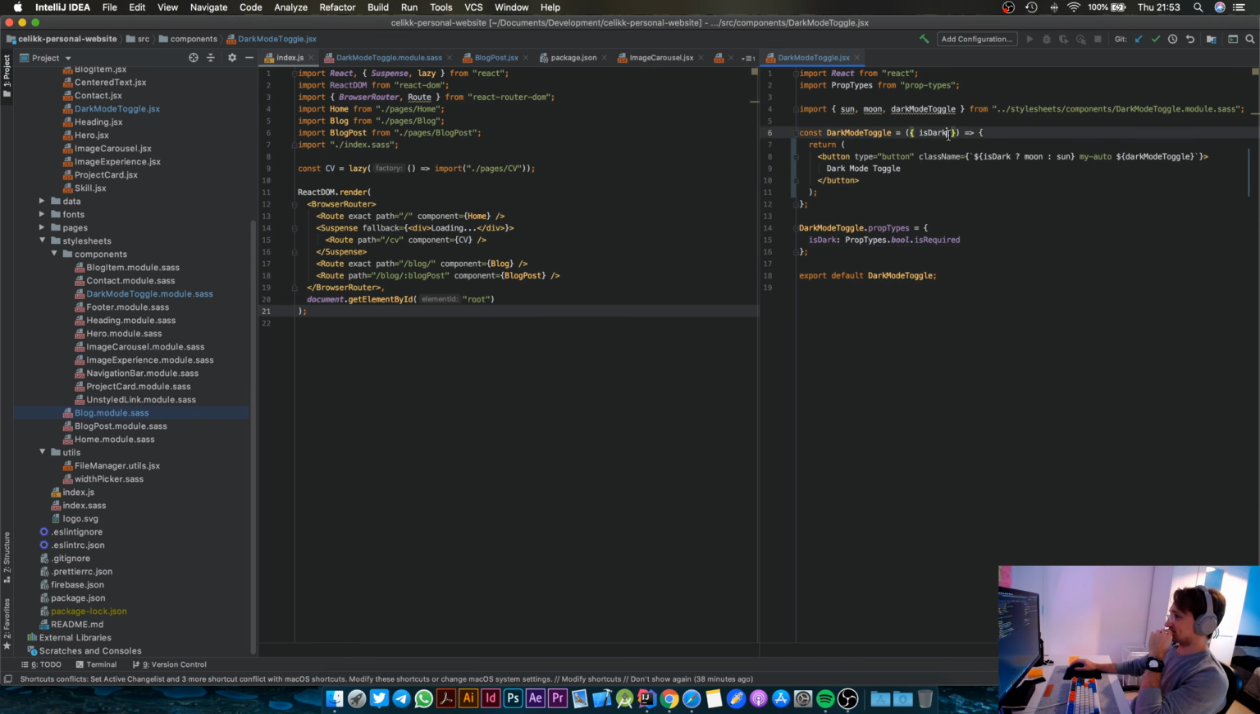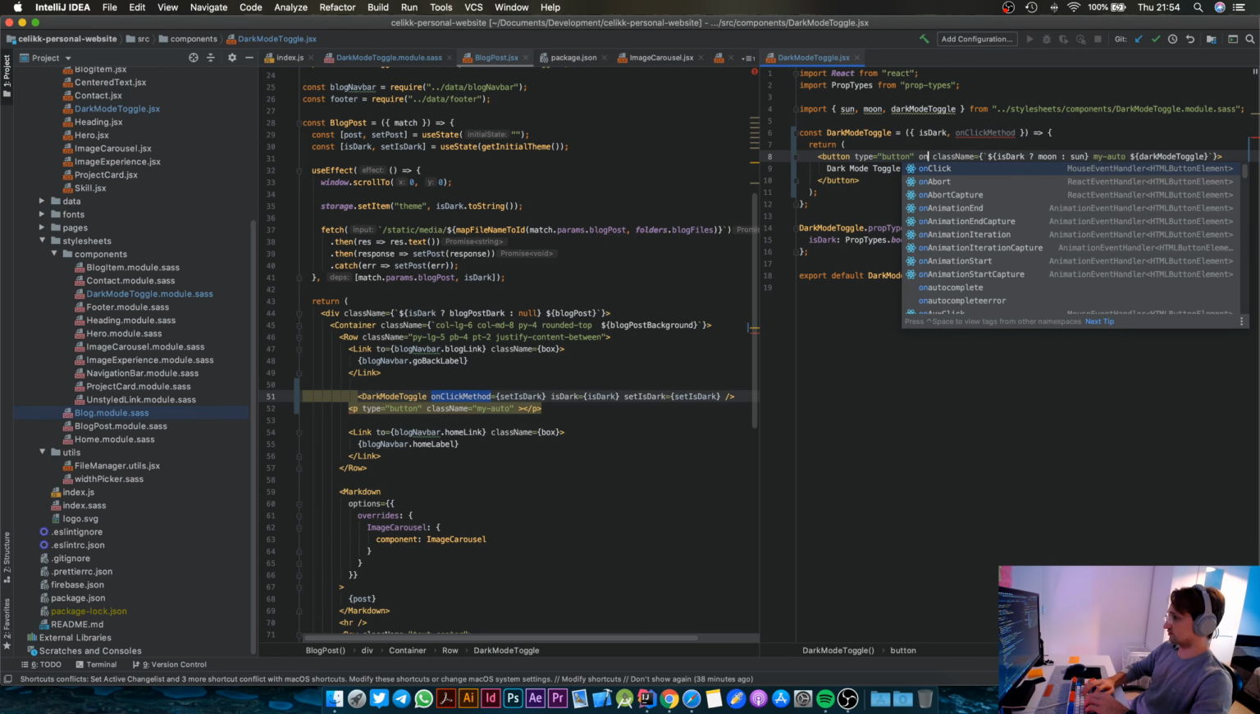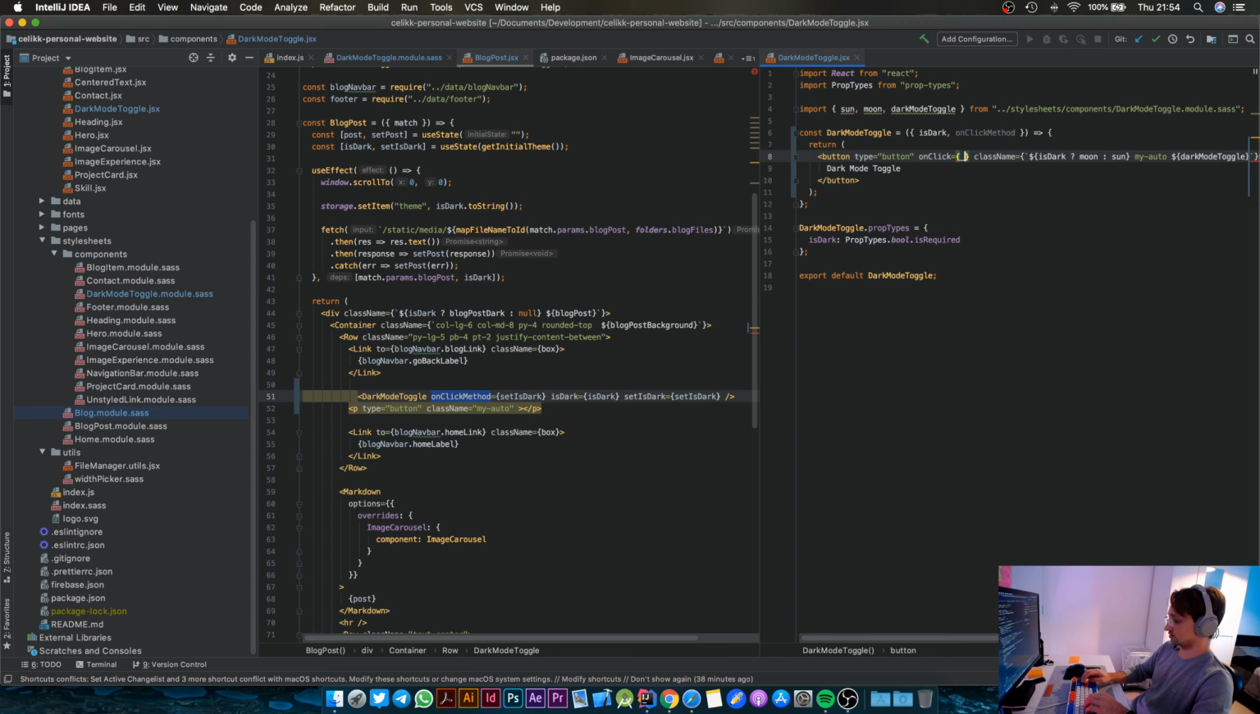This is next level stuff. Oh, I've never done anything like this before. Let's pass this function. We called it on-click method as like this, and we're gonna have the on-click method. We're gonna put this in here and say we're gonna call on-click method, and we're gonna call it with